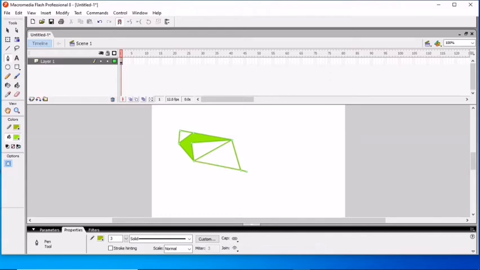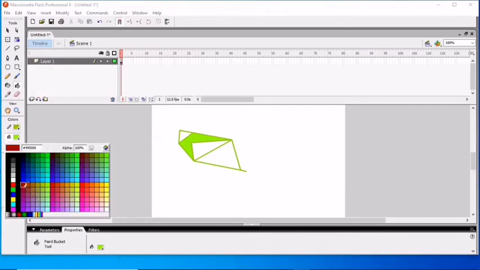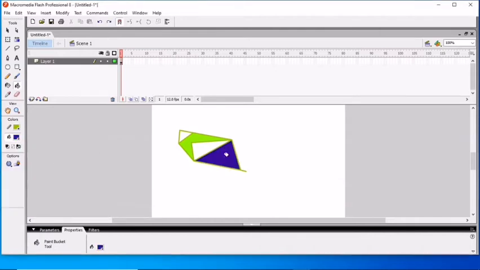Okay, and for this, select this color. You can change the color and place it here, so the color will be changed. In this way you can make an irregular shape or a regular shape. You can draw any shape, and when the shape becomes closed, you can change the color inside by picking the paint bucket, and you can change the color with this color palette. So this is the first one, the pen tool.